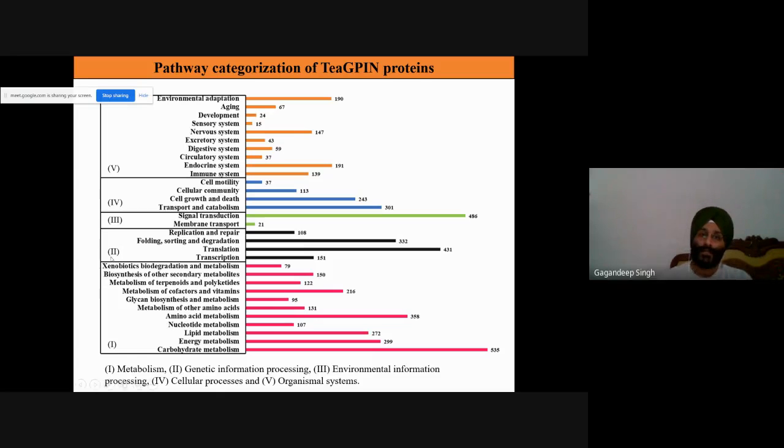For example, if I am targeting the immune system, 139 key genes have been identified. Now we can target these 139 key genes, and we can easily design primers and validate them in disease resistant and susceptible conditions. We can easily do expression analysis of each gene related to the immune system, and find out which gene is expressing in which condition.